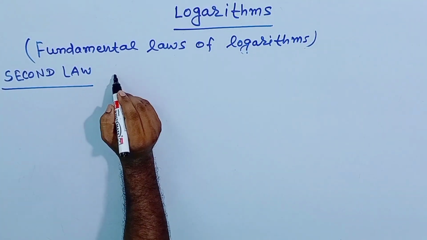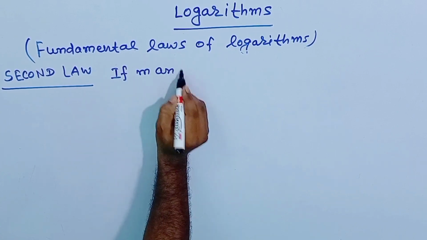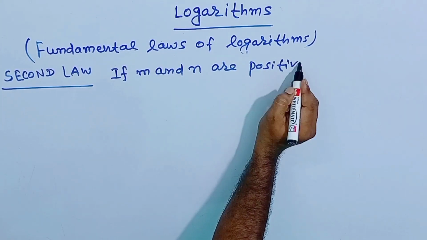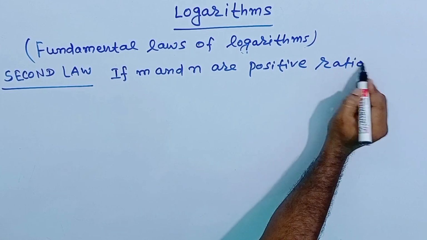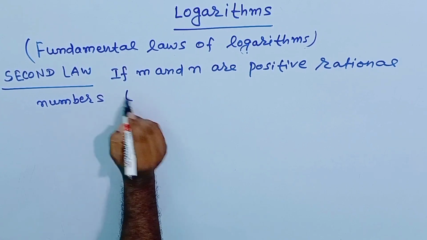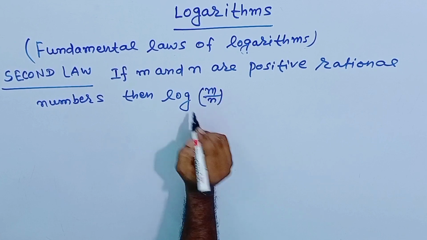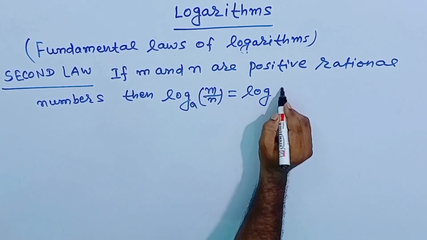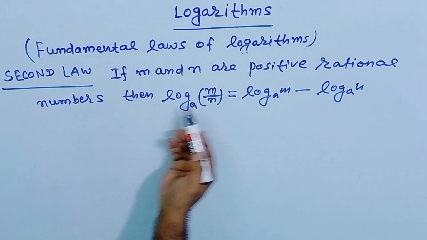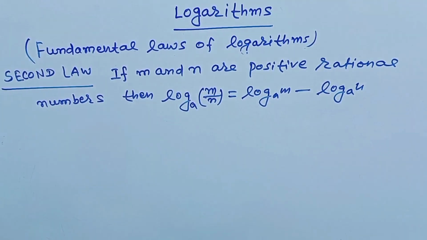सो अब हम सेकंड लॉ का स्टेटमेंट देखेंगे। सो सेकंड लॉ का जो स्टेटमेंट है, if m and n are positive rational numbers, then logarithm of m by n to the base a will be equal to logarithm of m to the base a minus logarithm of n to the base a। इसे हम शॉर्ट में इस तरह से भी कह सकते हैं, log of m by n is equal to log of m minus log of n।